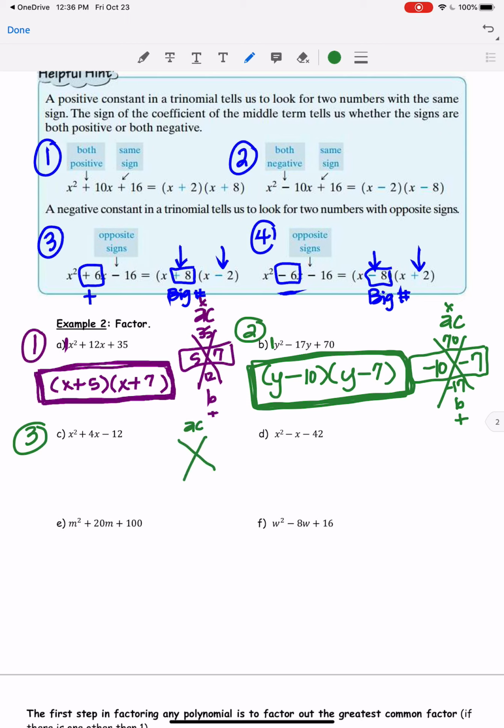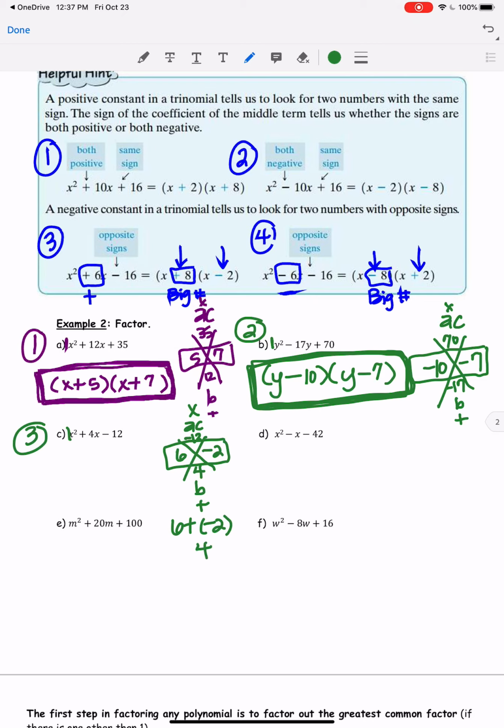So my A times C is negative 12: 1 times negative 12. My B term is 4. So it adds up to 4 and multiplies to negative 12. On this one, we are going to get 6 and negative 2. 6 times negative 2 gives me that negative 12, and when I add them together, 6 plus a negative 2,